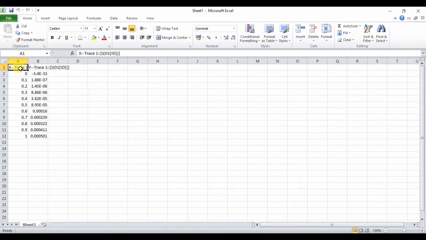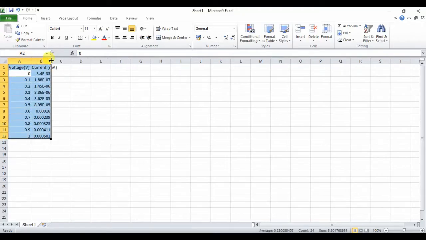In that Excel sheet, you will find X traces and Y traces. That means for every X coordinate input, we get the Y coordinate. We know that on the X axis we have taken voltage, V. On the Y axis we have taken current, with units in milliamps.